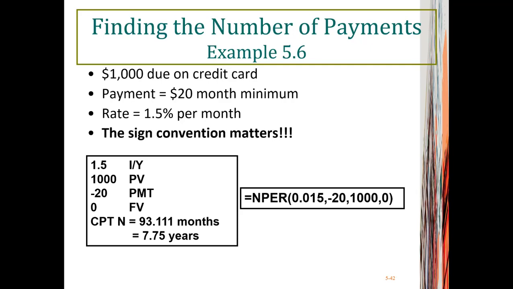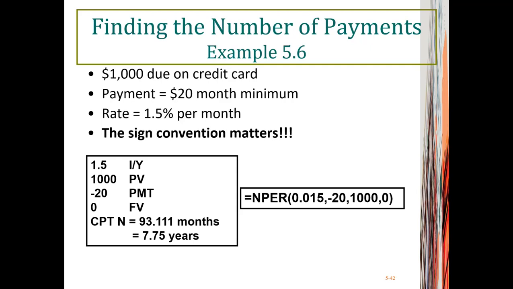So the balance here is $1,000. It's positive because that is money that you borrowed from the credit card company. And your payment would be negative 20 because in the future you're going to pay that amount of money, that is negative, right? And I/Y here is the monthly interest, the 1.5, and the future value 0 means you pay off